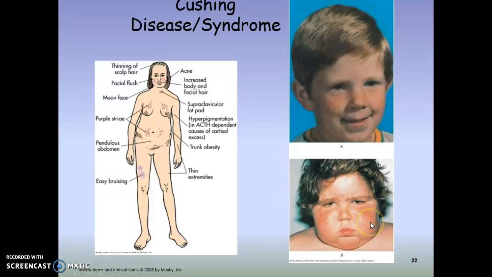All right, so an increase in weight, but generally it's going to be in the face, and it's also going to be truncal, right? Truncal obesity, weight gained right in the gut. And there's glucose intolerance, and so that can lead to a person developing diabetes. There can be issues with acne, increase in body hair all over, increase in facial hair, and there is thinning of the scalp hair itself. A person can bruise easily, and